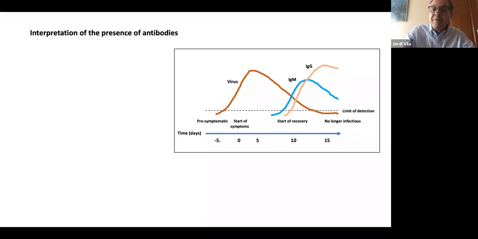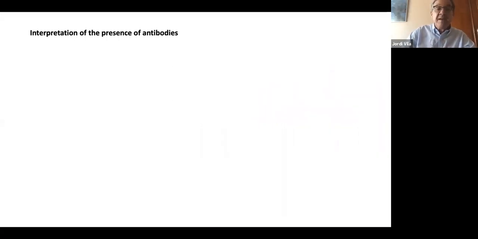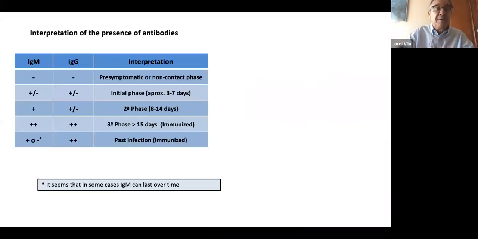So then after day 6, 7, 8, there is a starting of the production of IgM, and there is a delay of 2 more days before the IgGs start appearing. After a few days, the IgM can go down but can also be maintained for a long time, and the IgG are up and also maintained for a longer time. If we analyze the interpretation of the presence of IgM and IgG,